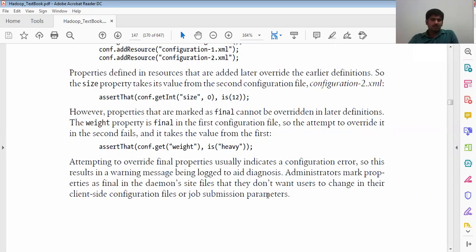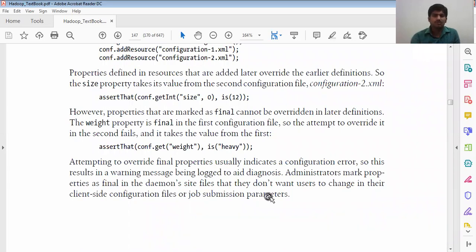Attempting to override the final properties usually indicates a configuration error, so the resulting warning messages are logged to aid diagnosis. Administrators mark the properties as final in the site files when they do not want users to change their client-side configurations for job submission parameters.